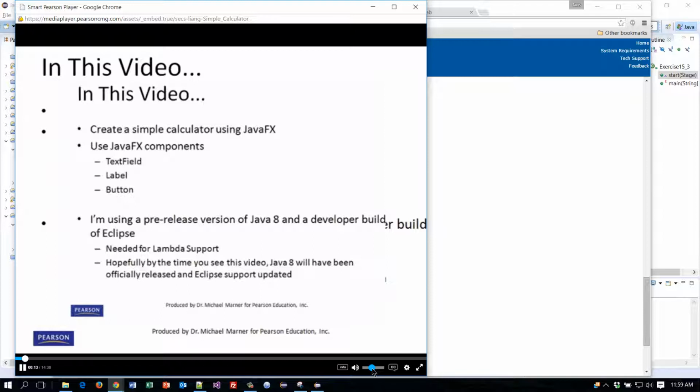Now, before we start, I need you to know that I'm using a pre-release version of Java 8 and the developer build of Eclipse. Java 8 at the time of recording has not officially been released yet, and Eclipse, the latest releases of Eclipse, don't support Java 8 either. We need them for Lambda support, because Lambdas are a new language construct which is added in Java 8. So I'm using pre-release versions of Java and a developer build of Eclipse to get this support. Now hopefully by the time you see this video, Java 8